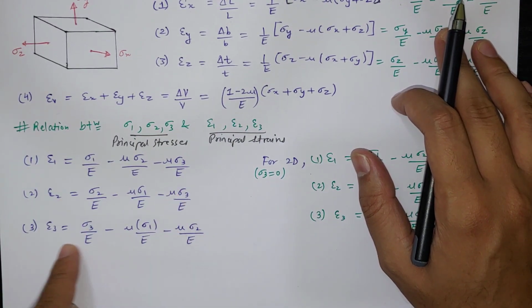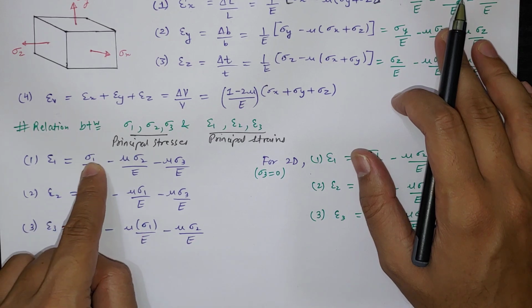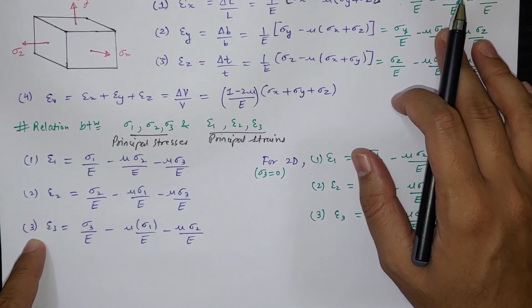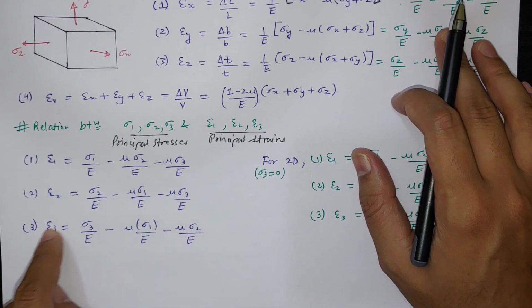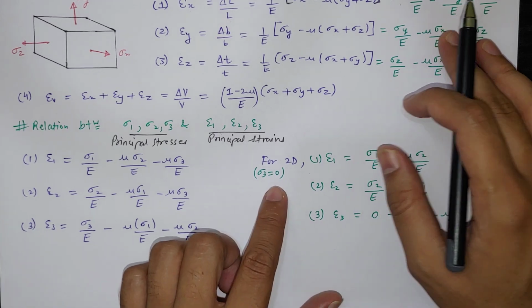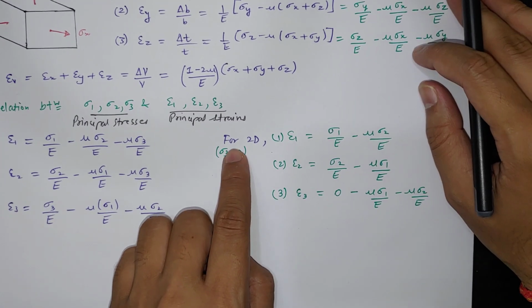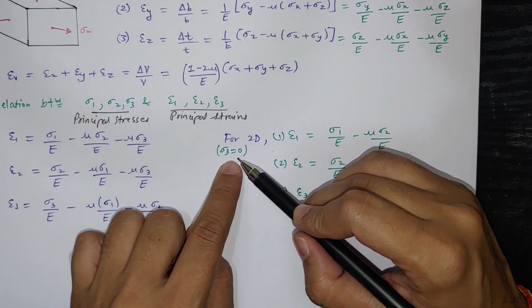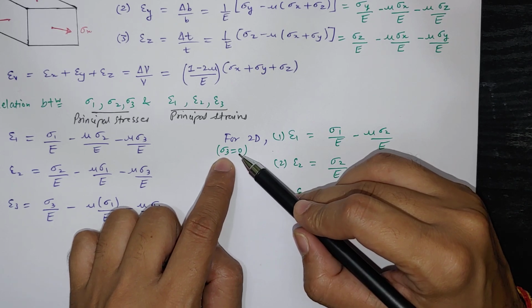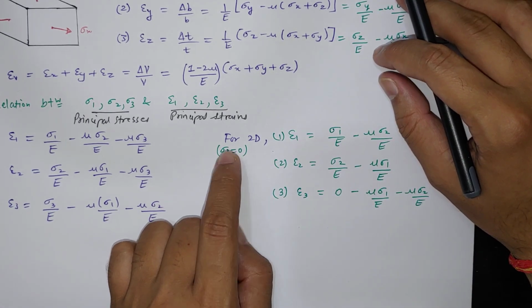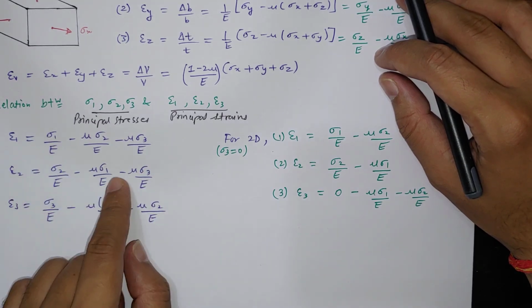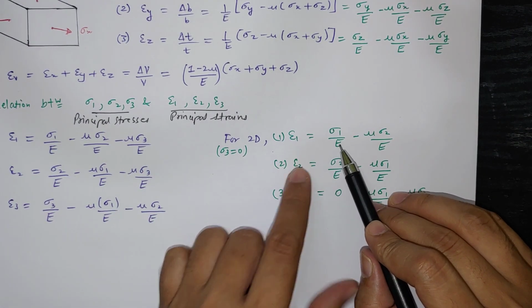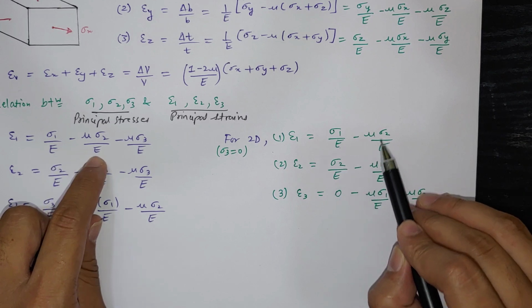So now this is for a 3D element, because stress in three directions is present and strain in three directions is present. Epsilon 3 will still be present in a two dimensional element, because let's see here, you will find the reason. So here for a 2D stress element, sigma 1 and sigma 2 will be present, but sigma 3 will not be present. Now if sigma 3 is not present, if we keep sigma 3 equal to 0 in these three equations, we get epsilon 1 as sigma 1 upon E minus mu sigma 2 upon E,